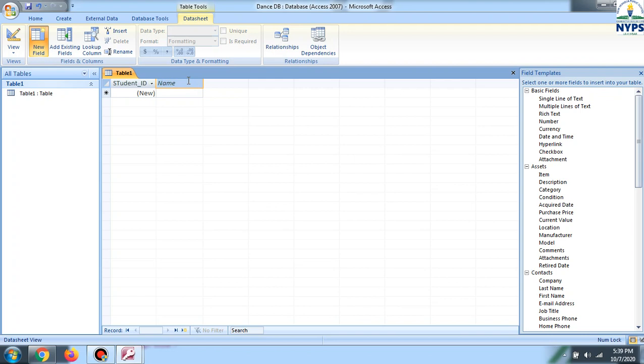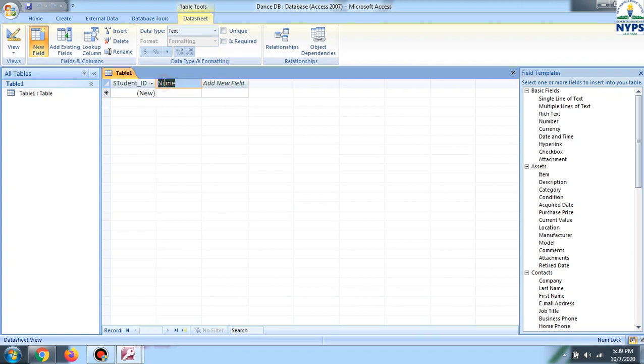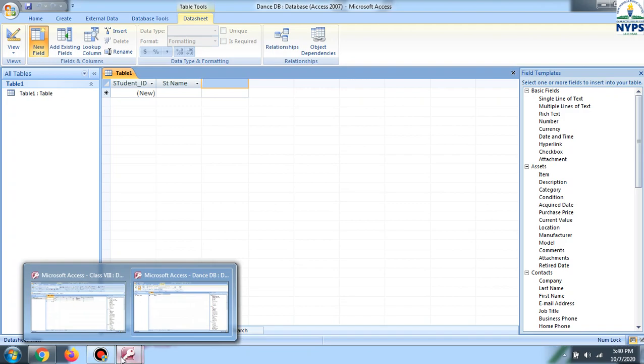If you simply write name, it will not take it, and it will show you this message: Name is a reserved word, so we cannot use these reserved words. Instead of name I can use student name, ST name, whatever. And again you cannot use full stops while giving a name to the field. So this way we can enter all the fields. For the next field the space is coming over here, so you can write the field name.